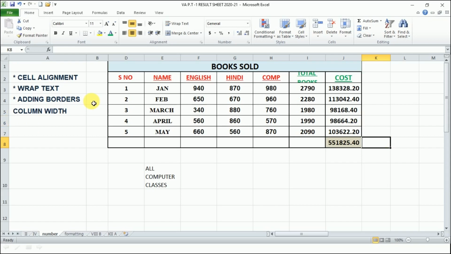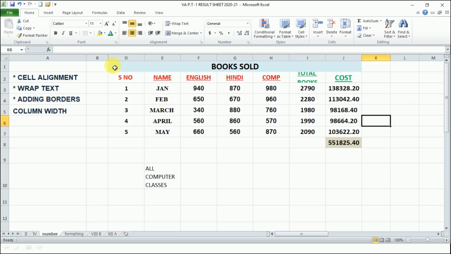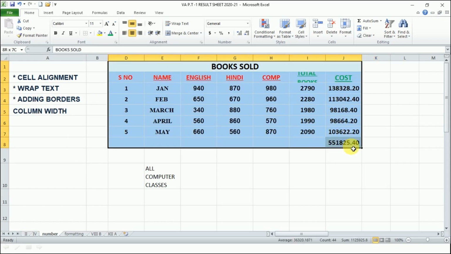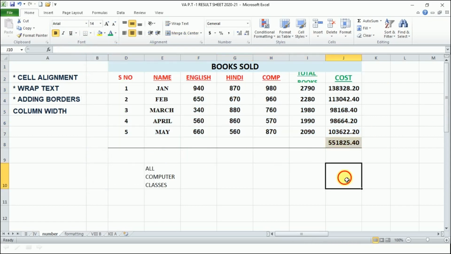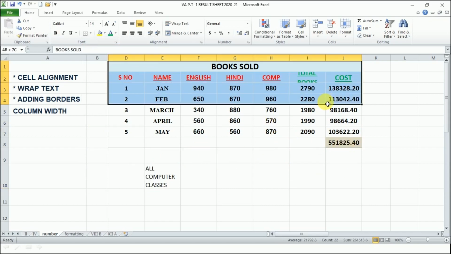Now we have the last topic here, adding borders. Now if I want to give the border to any content in Excel, just drag your mouse and select the area. Come here in the font group. Here we have borders. We have different kinds of border here. If you want to give the border just at the bottom, you click here, you will get a line at the bottom, right?